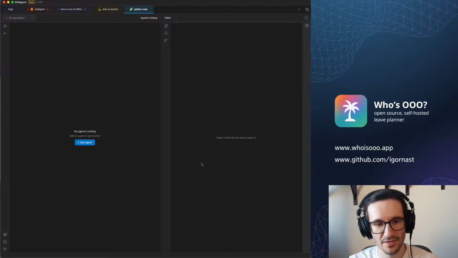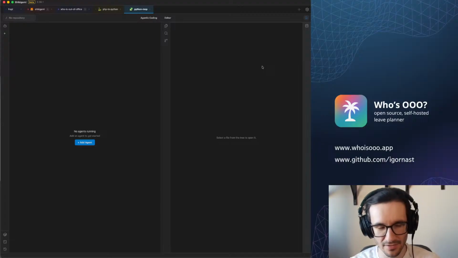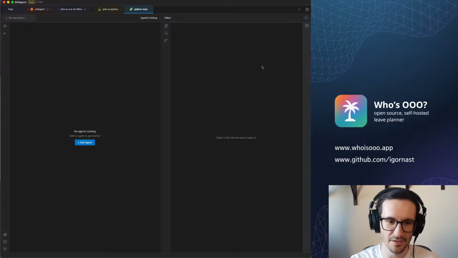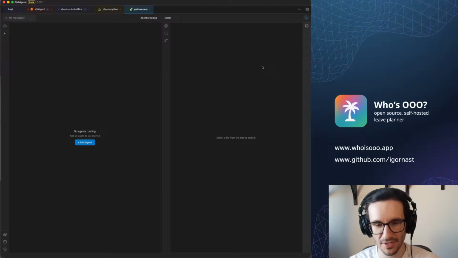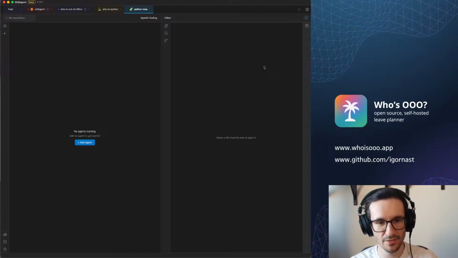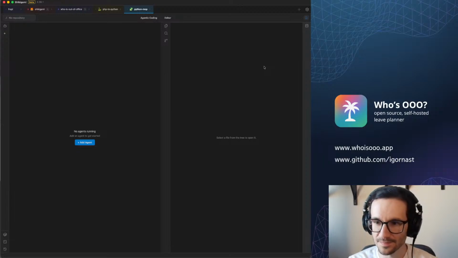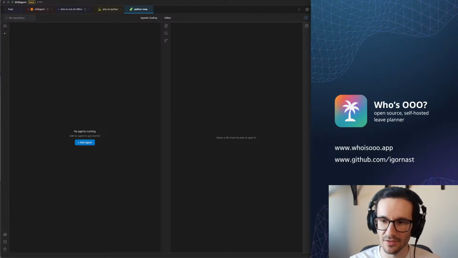But on the right side, this is the IDE area, a classic IDE where you can edit files, add them, modify whatever you want, like in any other popular IDE. And we are working on making the application better most of the time, but for today I would like to share with you